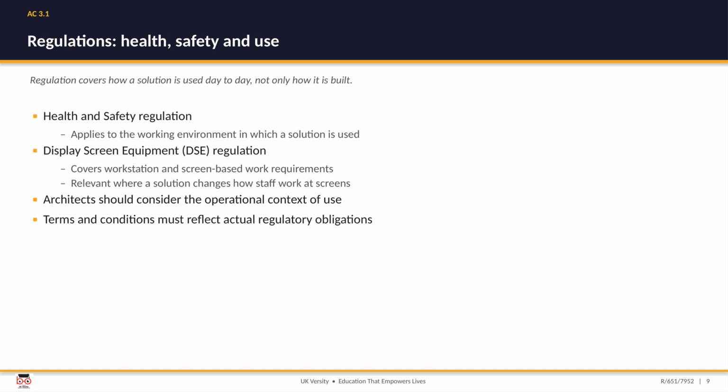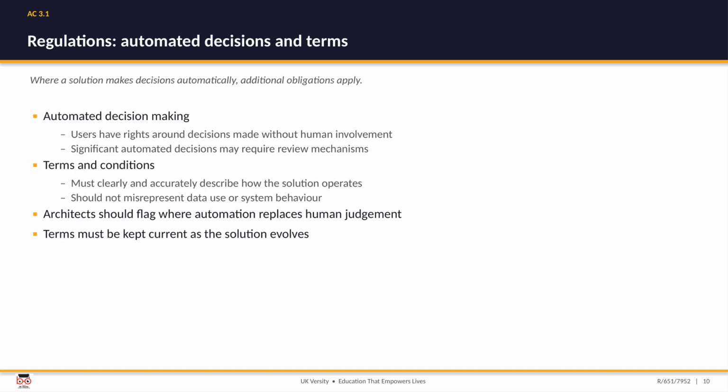reflect these regulatory obligations. Where a solution makes decisions automatically, a further set of obligations kicks in. Users have rights around decisions taken without human involvement, and where an automated decision is significant, you may need to provide a review mechanism so a person can step in. Terms and conditions matter here too. They must clearly and accurately describe how the solution behaves and mustn't misrepresent how data is used or how the system operates. As an architect, flag anywhere automation is replacing human judgment and keep those terms current as the solution